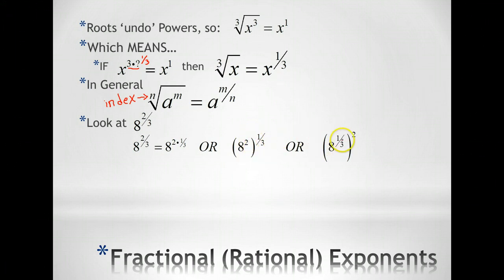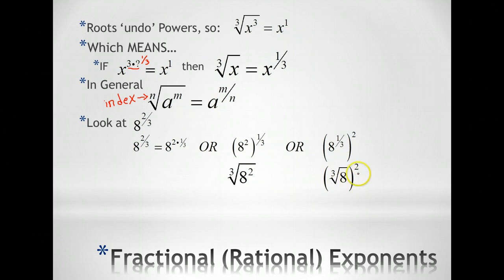Or, since in multiplication order doesn't matter, I could raise it to the 1/3 first and then have it times 2. And then taking this idea that the fractional exponent is really a radical, I could write it as a radical. So I could say the cube root of 8 squared, or